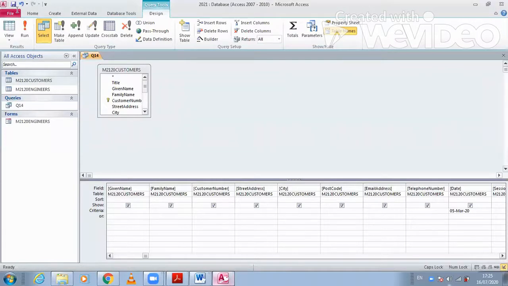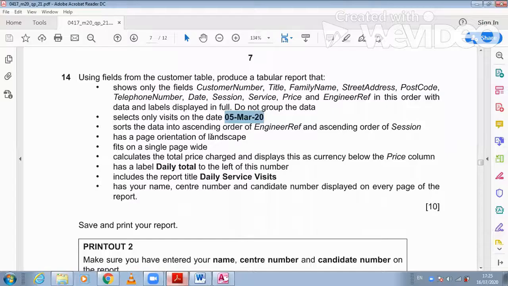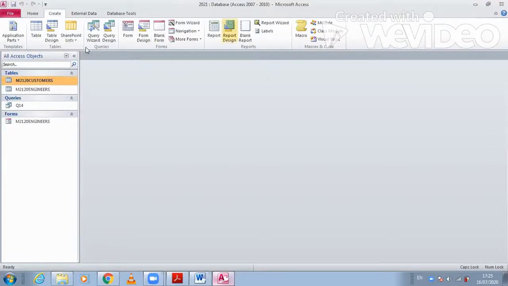Save and run. So you see here, the people who visit on 5th March are the only ones appearing here. You don't need anything else to do here. They don't ask any other extraction. Now, after doing this step, you just click on close, and now start creating the report by using wizard and